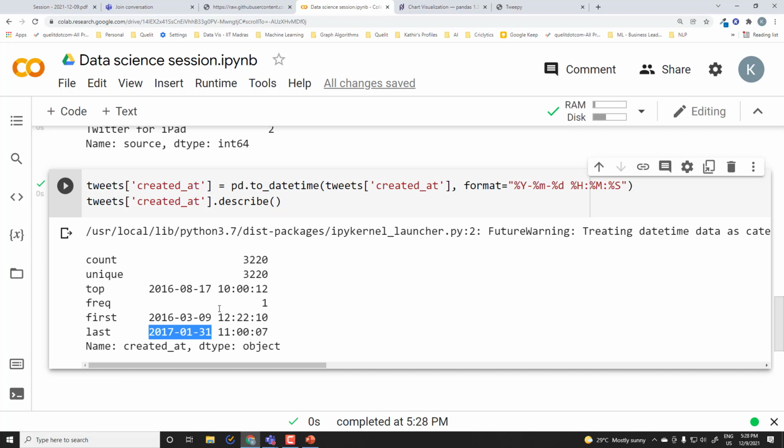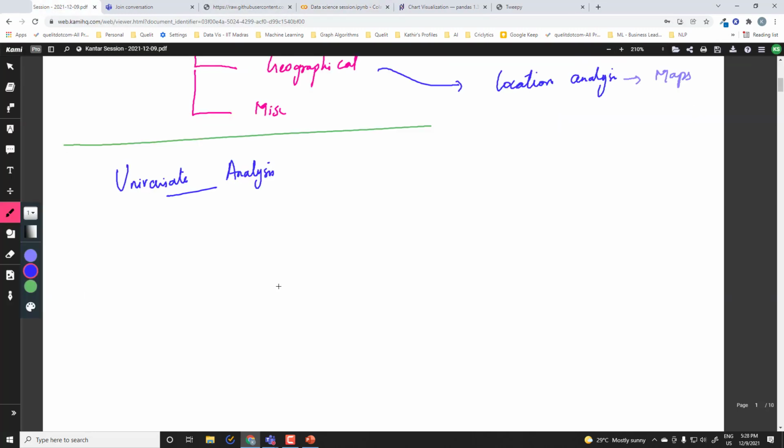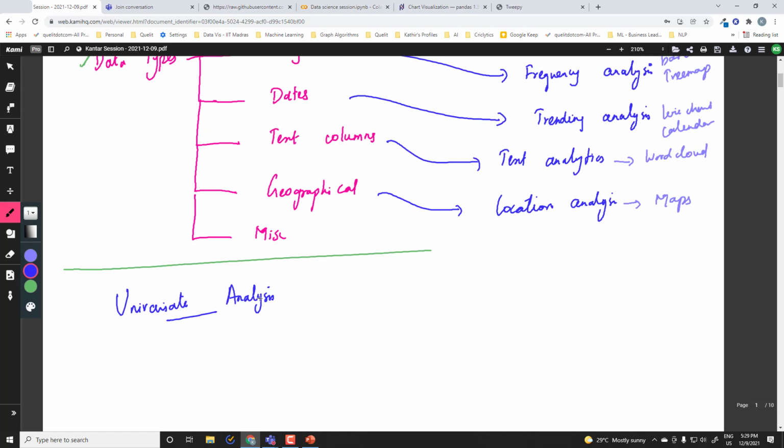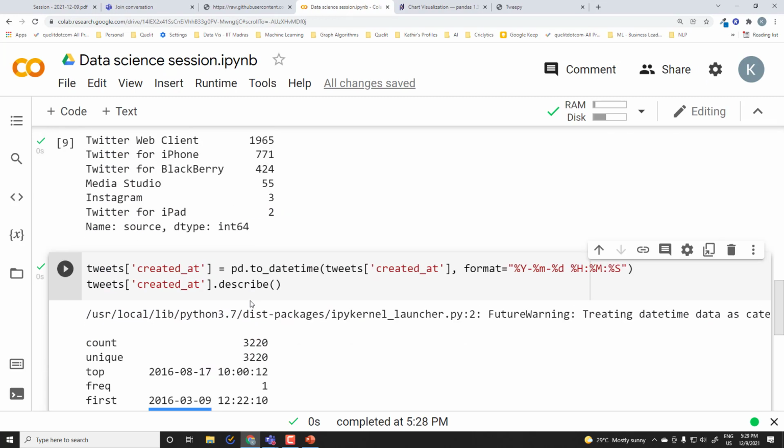So the moment you take up a data set, the first step is to define what are the data types you have in each of the columns. There are a lot of softwares which automatically recognize what visuals to be drawn, and again it all depends upon what data type you have. So it plays a crucial role for a data scientist or a data analyst in what kind of analysis we pick and what kind of chart we plot and all. So these are all basics that we typically do on structured data. So I took a categorical column, I took a numerical column, and also took a date column to just understand what is the minimum and maximum date in it.